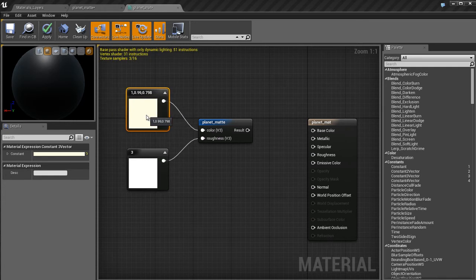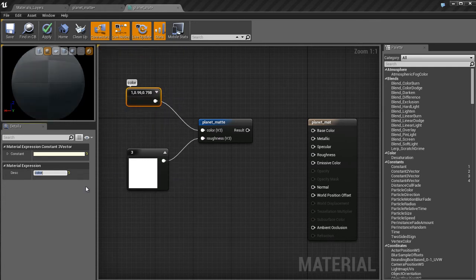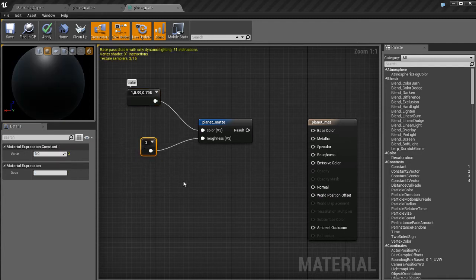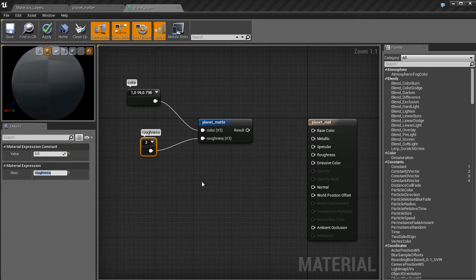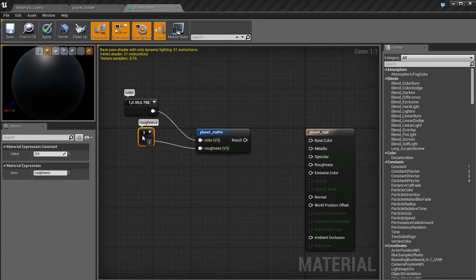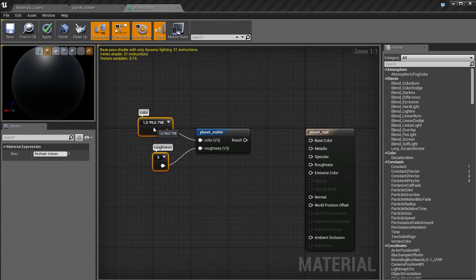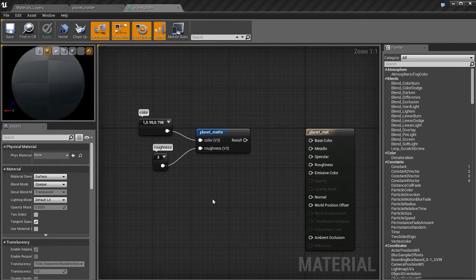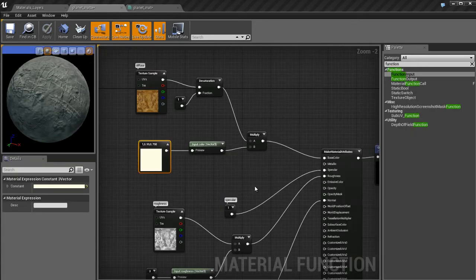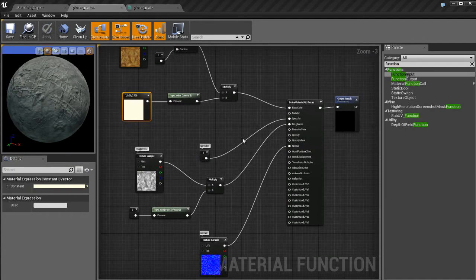So the smart thing to do is to copy and paste the node. You can just jump into the material function, copy the color, and paste it using Control-C and Control-V. And that allows me to work a little bit faster because I don't have to create a new color node and try to choose the same color again. Maybe I won't get it exactly right. So copying and pasting is the sure way of making sure you'll keep things consistent. Okay,